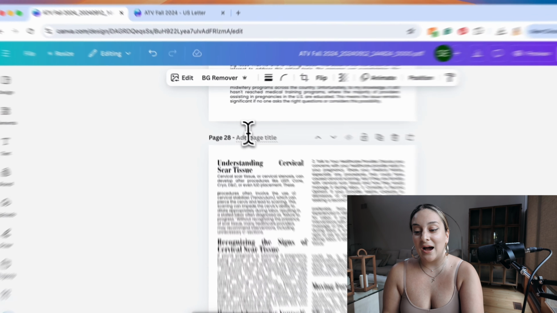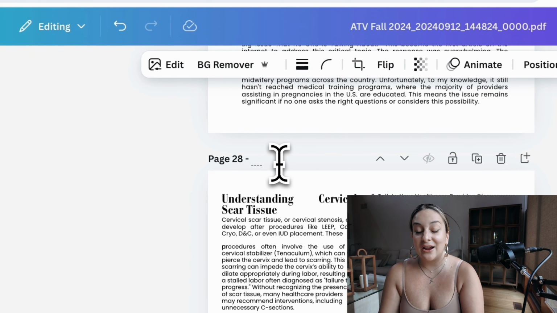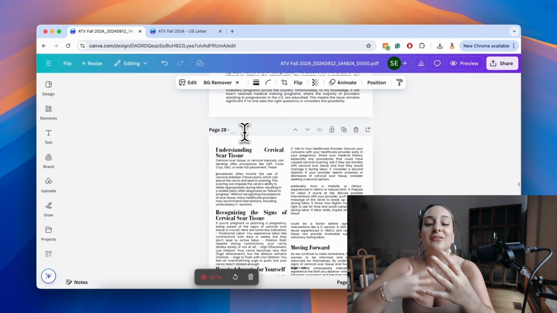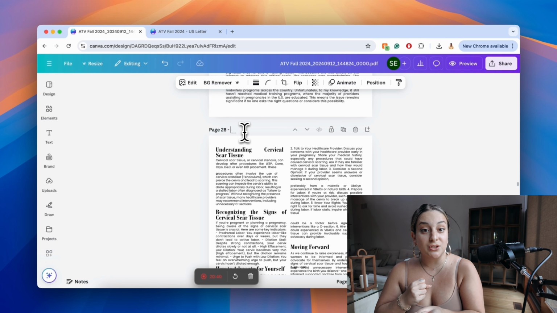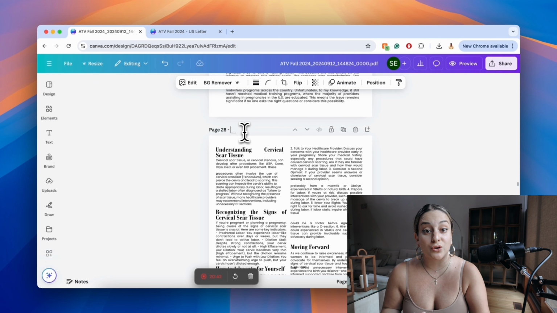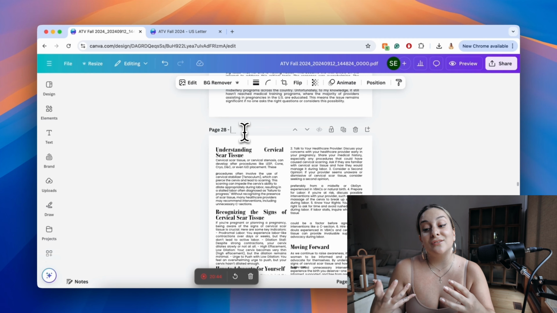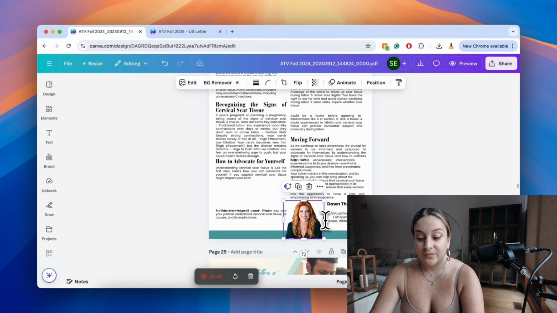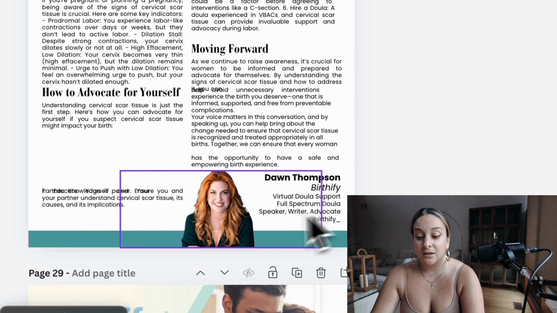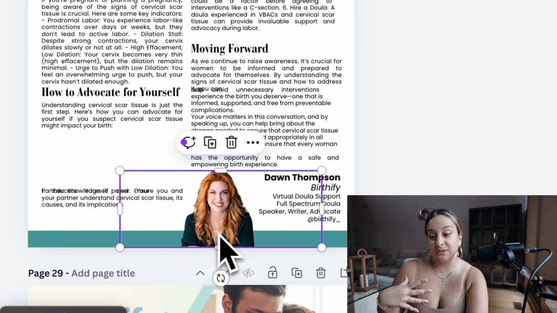I also, when I design my own books, every article has its own title, so it's easy to find them. Like, there's organization within the document so that you're optimizing your design experience. And then there's also how it's going to print. So things like this don't actually matter in terms of looking at the Canva document,